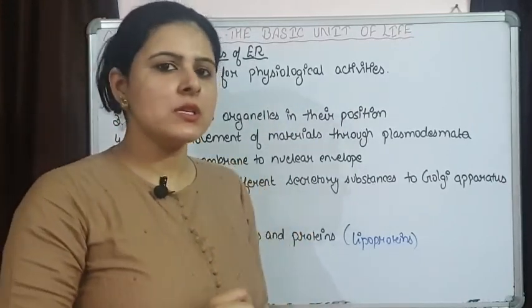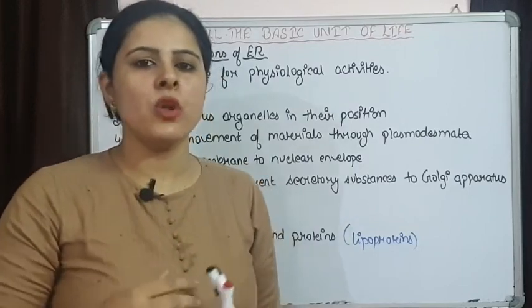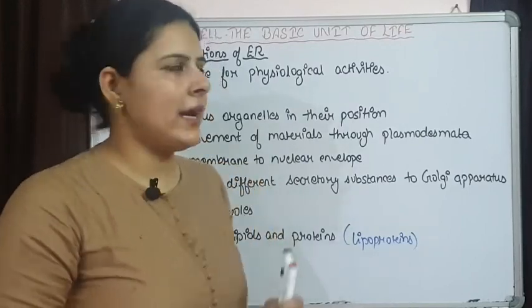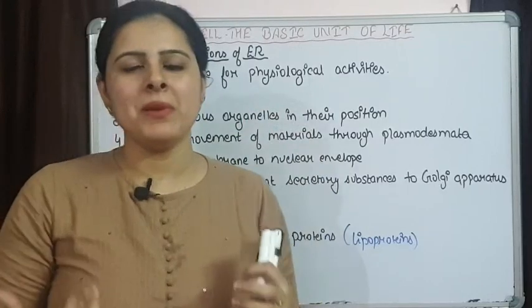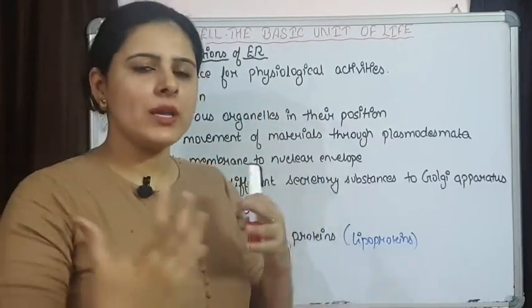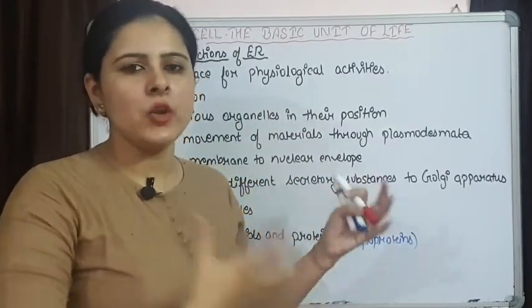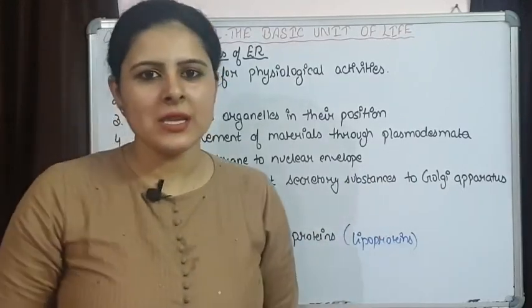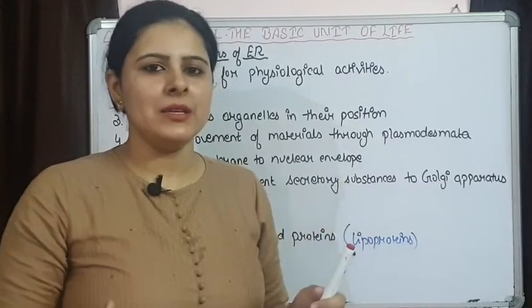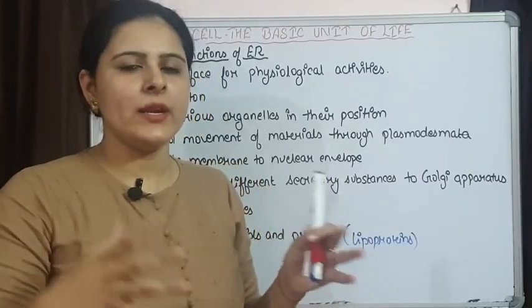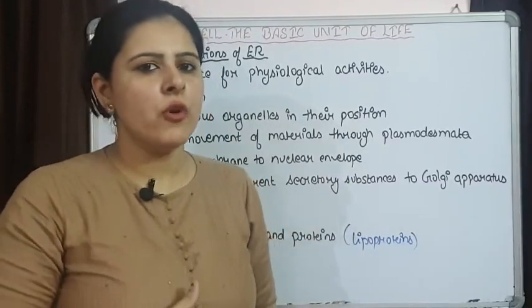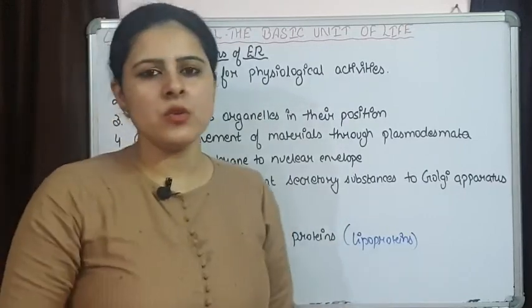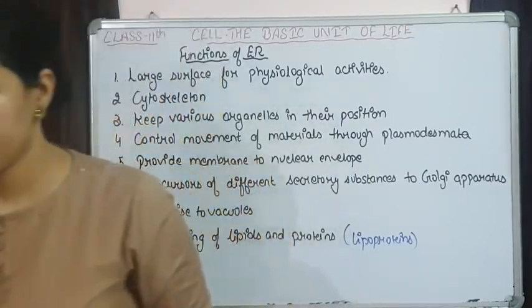Now we are going to discuss the second organelle, that is Golgi apparatus, and these are making an endomembrane system, because they are working in contact with each other. Endoplasmic reticulum, then lysosomes are there, then Golgi bodies are there, they are working combinedly in contact with each other. So an endomembranous system is formed. So let's see how Golgi bodies look and how they function.